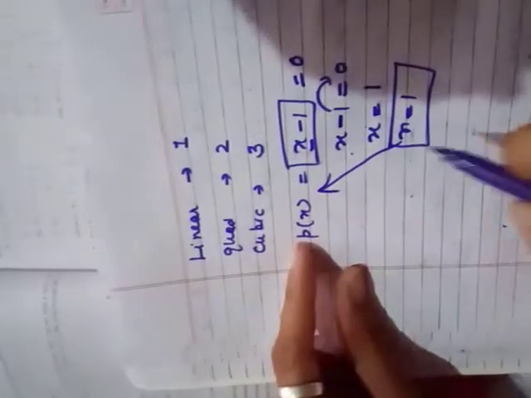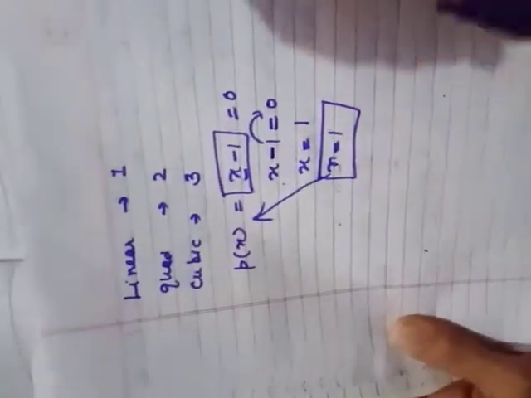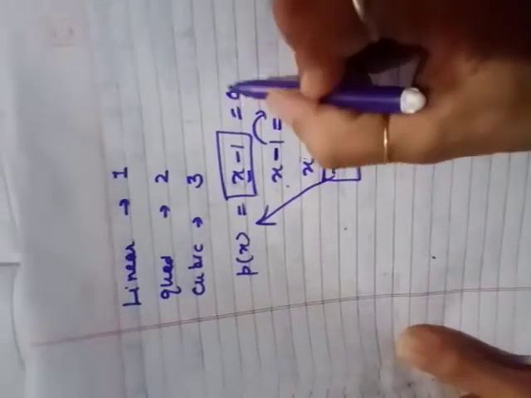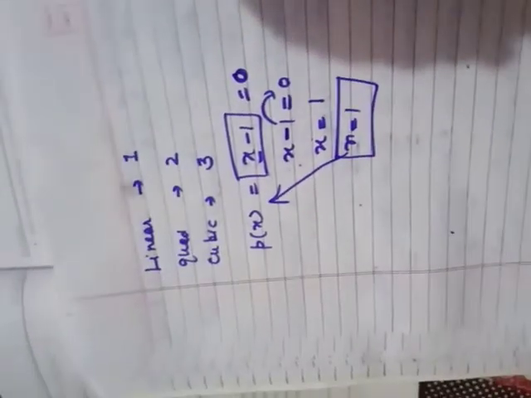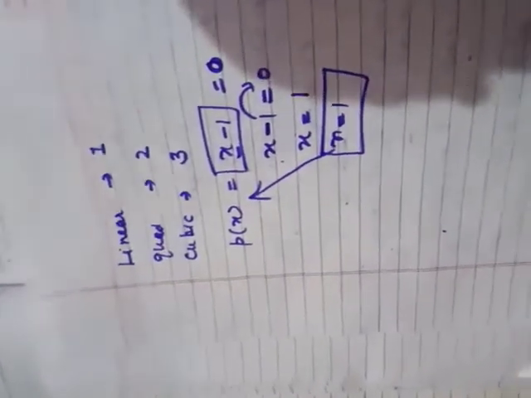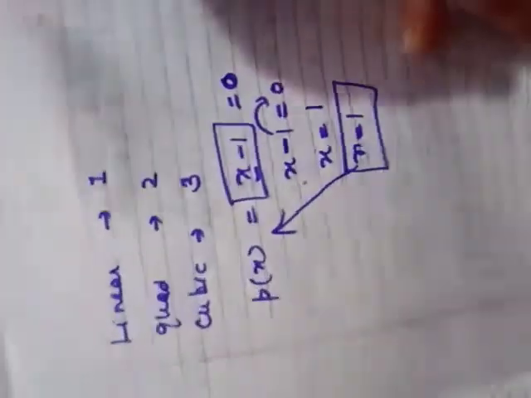Same system we will do in this sum. Here you will put the value of x that are given. If the polynomial becomes 0, then you say yes, it is a 0 of the given polynomial. If it does not become 0, then we say it is not the 0 of that given polynomial.